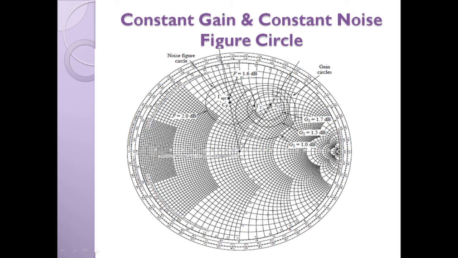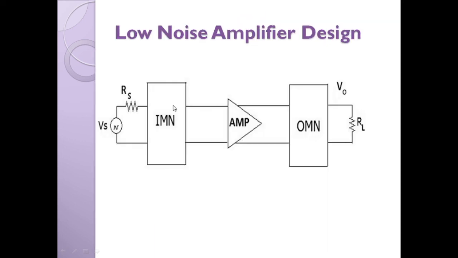With this gamma s value, you have to design the input matching network for getting the required noise figure of 2 decibel. Similarly, there is a procedure for the output matching network also. Based on that, you can design an LNA for the required noise figure value. But one thing you have to remember: always choose the noise figure value below 5 decibel for getting an optimum gain value. So that's all about LNA.